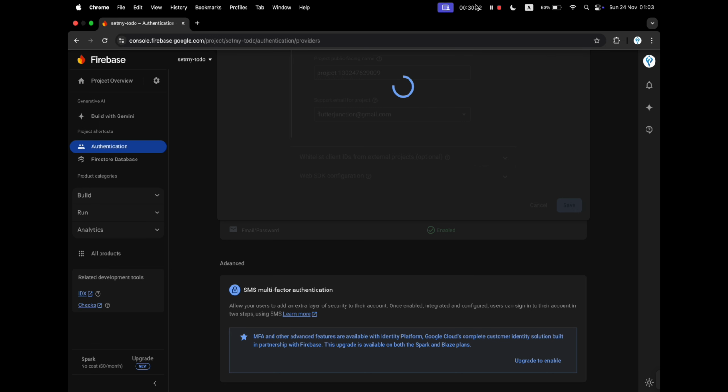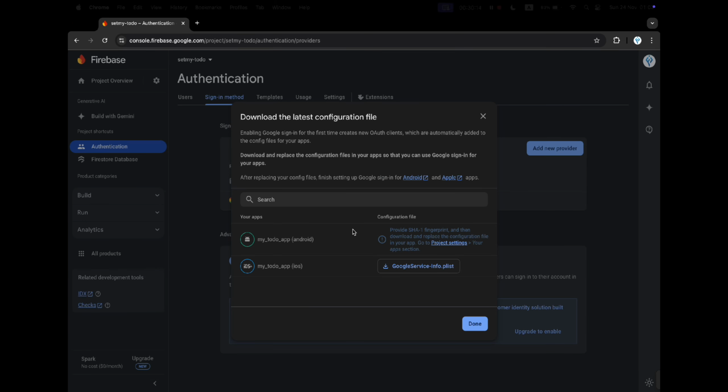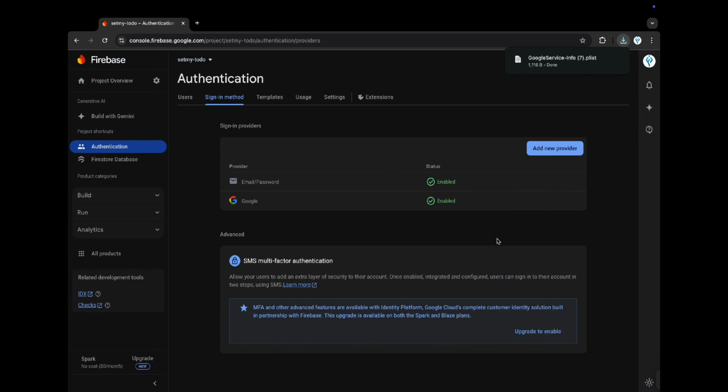You can see here it is saying after replacing your config files here, Google sign in for Android apps. Enabling Google sign in for the first time creates new auth clients which are automatically added to config files for your apps. Download and replace the configuration file in your app so that you can use Google sign in for your apps. Okay, so I'm going to download this GoogleService-Info.plist. Let's create it, done,